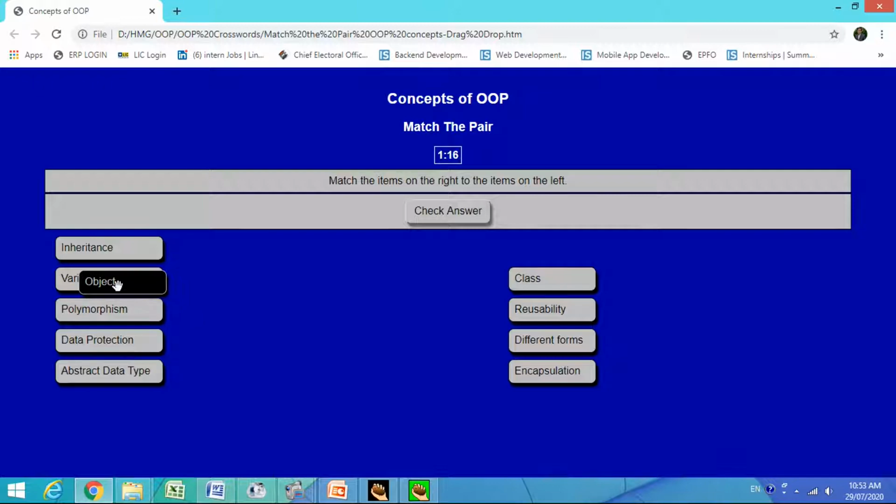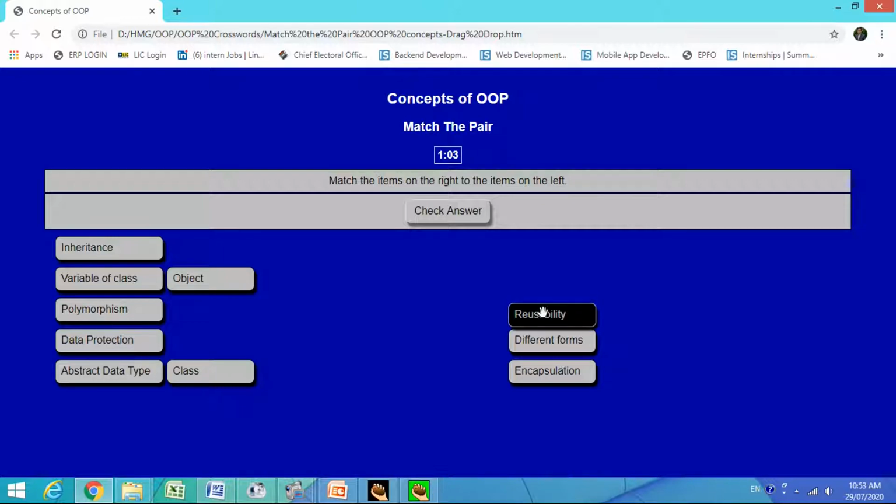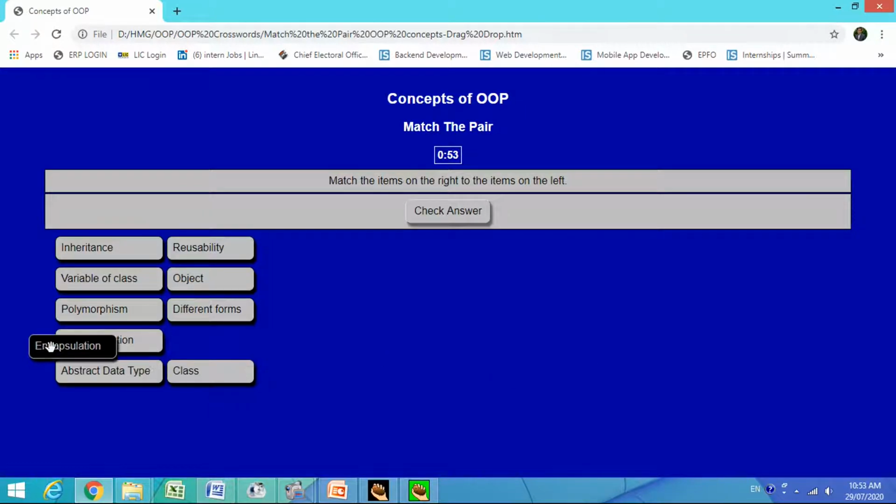So like this the pair will be matched. Now this class I will take here, drop here, select this, drag, drop here, select this, drag, drop here, select this, drag, drop here. So like this all 5 pairs are matched.